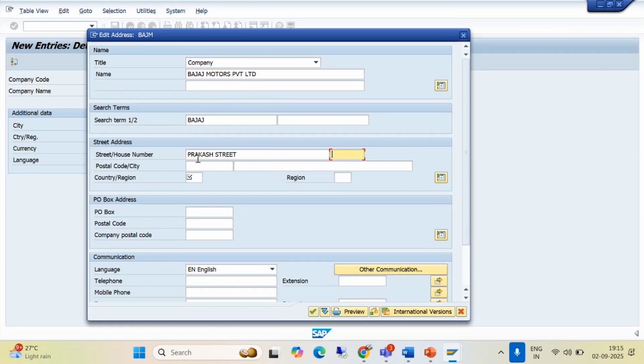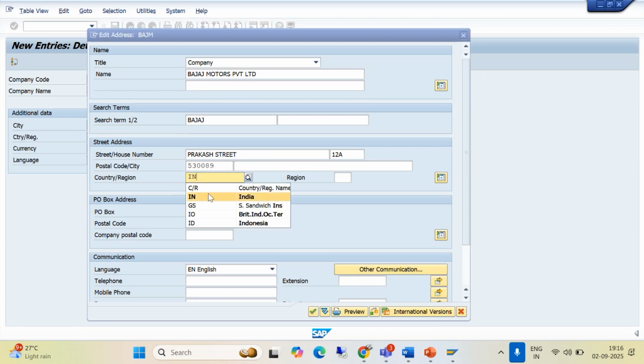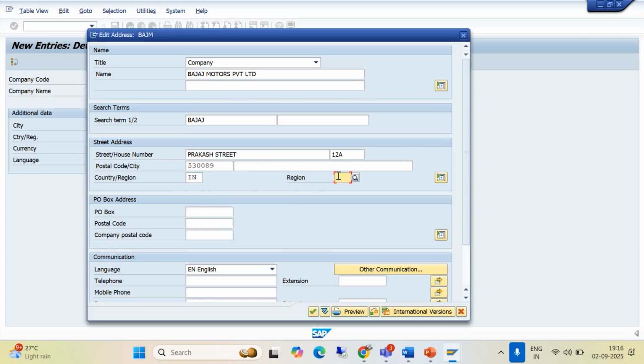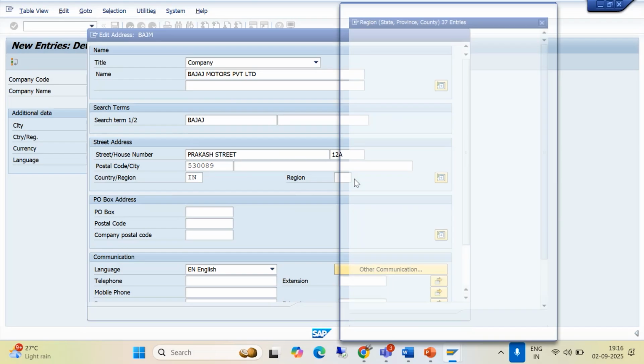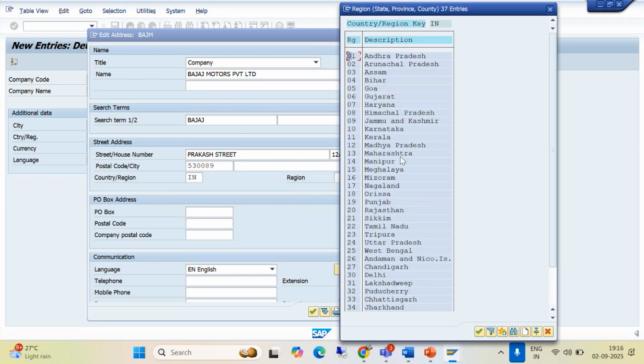and 12A Crossroads. For example, I'm giving the postal code, which is nothing but six characters. And where it is situated, in which country, you have to give the country. India it is situated, so you can select this, and the region. So in India, which state it is, as SAP has given the states, you can go